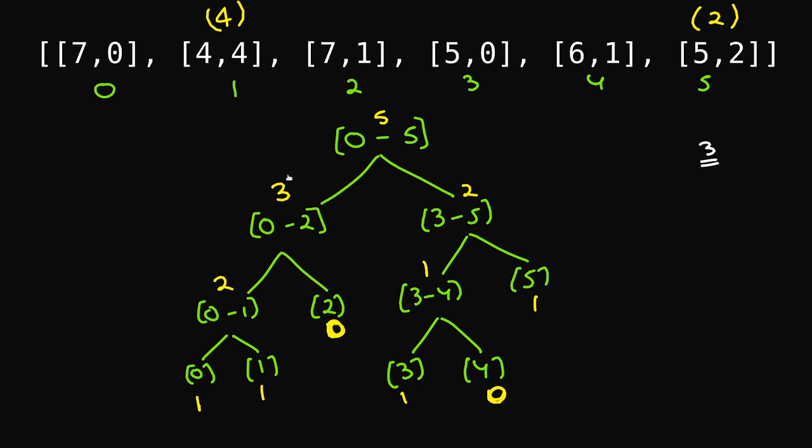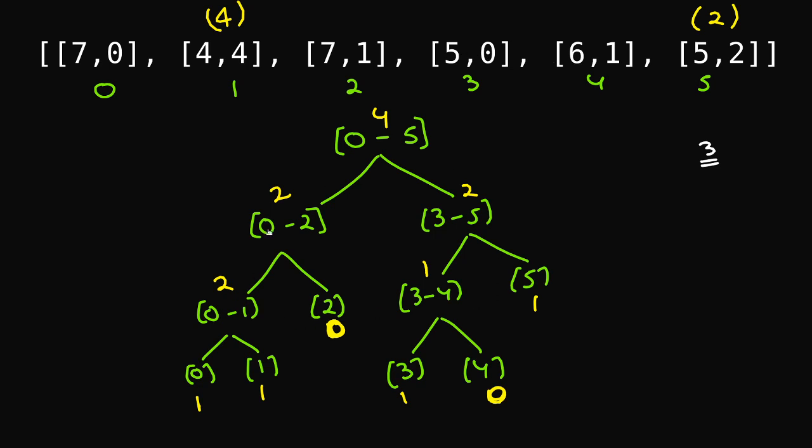This is 0. This is going to be a 1. This is going to be a 2 because 2 plus 0 will give me 2. And this is going to be 4 because 2 plus 2 is going to be 4. So I just update this value with 0. This is what I do later. Okay. The next element that I need to process is this 5 comma 0. So I'll just quickly run this thing.